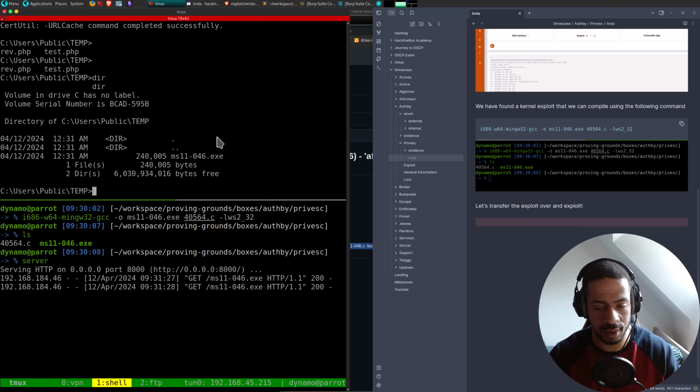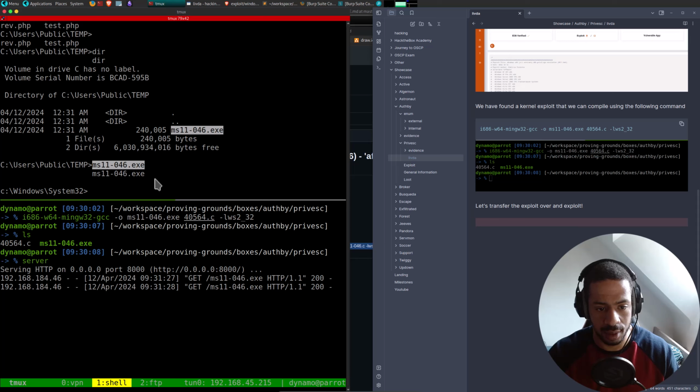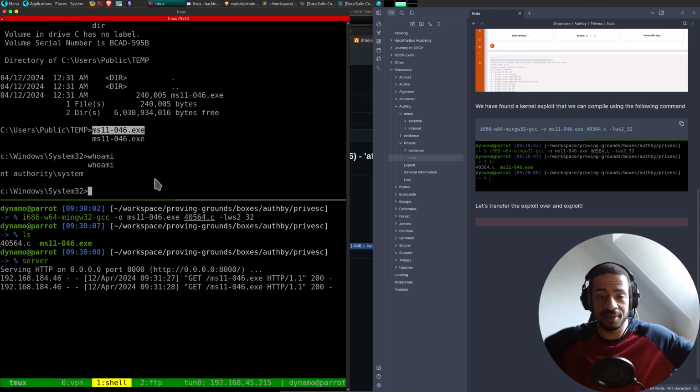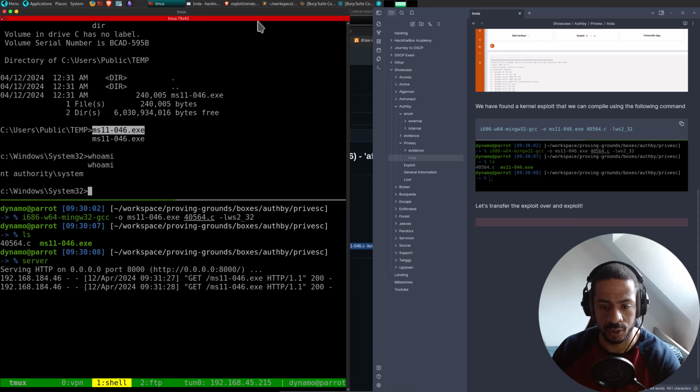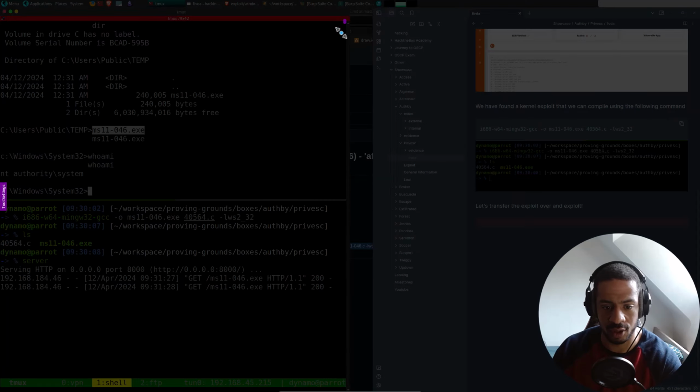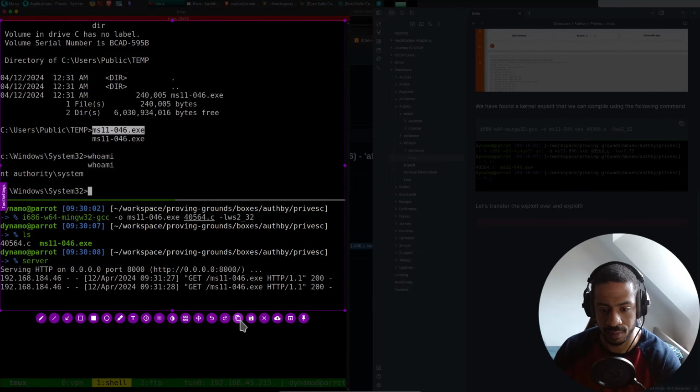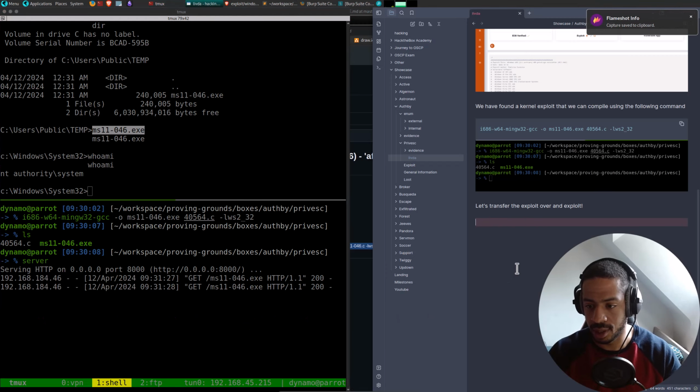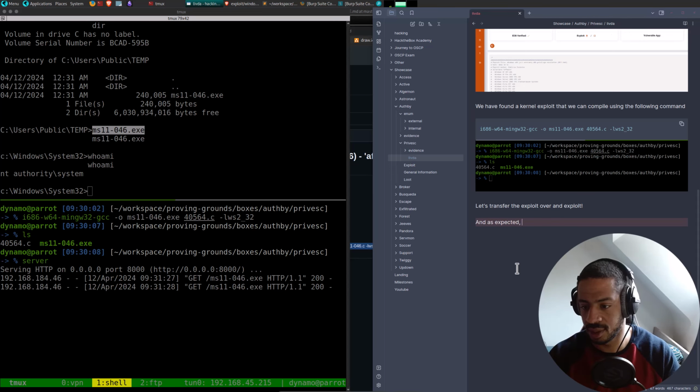Dir, and that worked. We have got root. So let's take a screenshot of all of this. And as expected, the kernel exploit worked flawlessly.